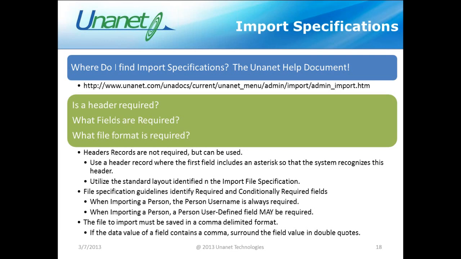As far as what fields are required, this actually does change based on the type of information that you are importing. We do have fields that are always required when you're importing information into Unanet, and again, that varies by the type of data that you're importing. And then we'll have some fields that are conditionally required, and that means that based on other configurations that you have within the Unanet product, you may have set something to be required in your system, so then those fields would also be required. So for an example of that, if you're going to import a person record into Unanet,